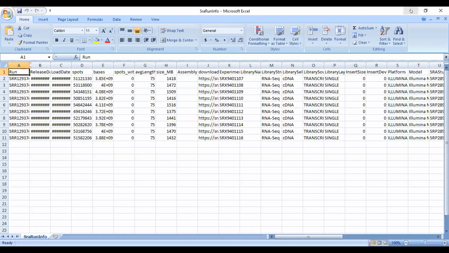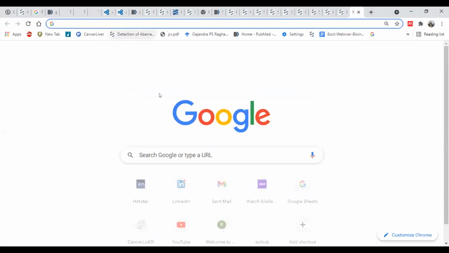Now let me show you. So this is already the raw data, right? Now let me also show you how we can use this raw data to process any RNA-seq pipeline. So let me take you to the server.